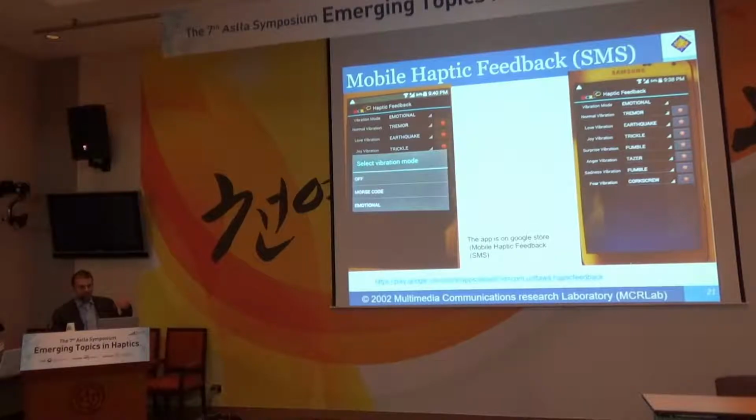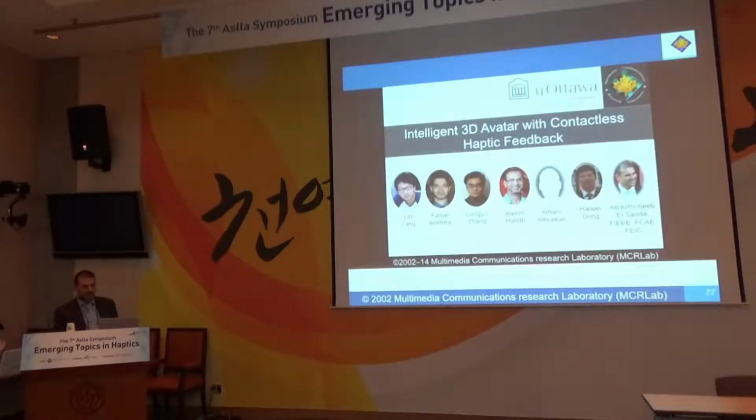So we did what we call natural language processing, and depending on the emotion in the message, the vibration intensity and the vibration strength will be different. That was the early work on haptic authoring. Now, later on we saw,